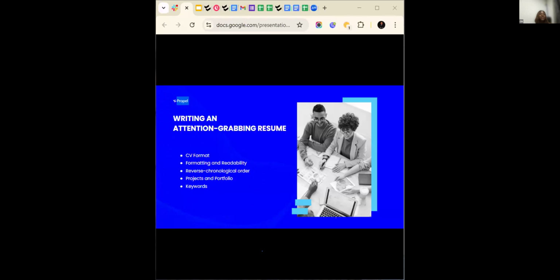Don't start using fonts for design, or very funny fonts that a recruiter has to squint their eyes to read, or that the ATS is not able to properly understand, and then just print it out. Those three fonts are okay for you. They are professional and they are okay for your CVs. Your font size should be between 10 to 12. Please note, your font size should be between 10 to 12.